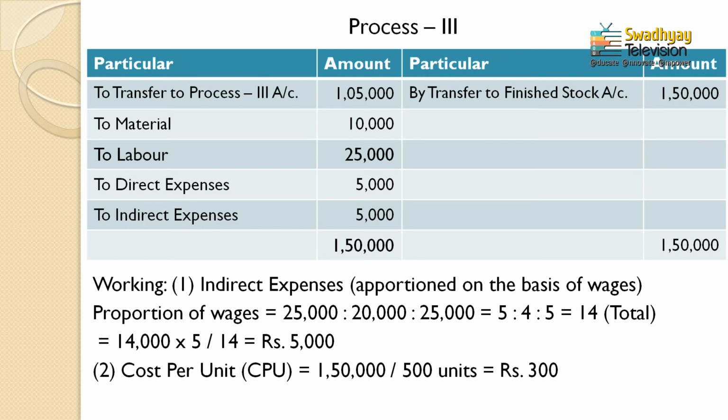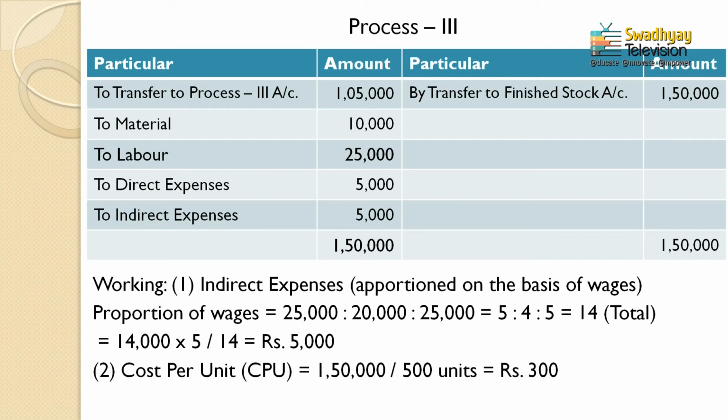Here, instead of writing the transfer into the process 4 account or anything else, we write here the transfer to the finished stock account. Why do we write transfer into the finished stock account? Because as per the question, we have clear information that we have only 3 processes so far as manufacturing is concerned. After the third process we don't have any further processes, and that is why it is transferred to the finished stock account. It's understood that the third process is the last process of the manufacturing of the goods,